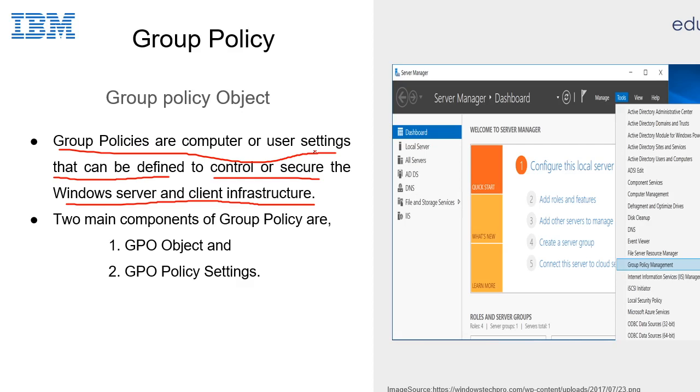So these group policies are used to secure or control the Windows server as well as that infrastructure. There are two components in group policy: one is the group policy object and another is the group policy object policy settings.